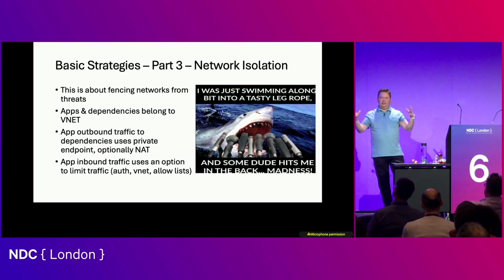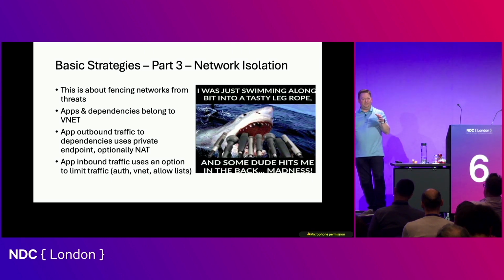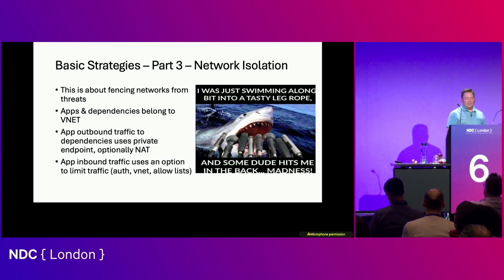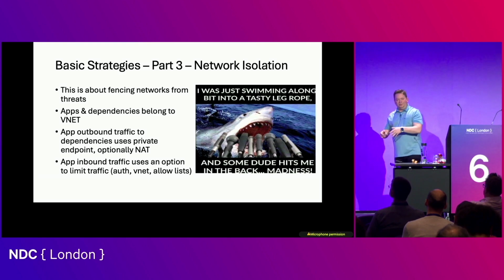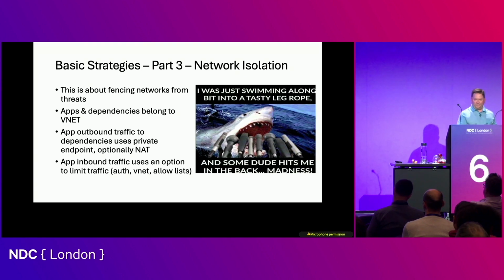And so the VNet is kind of this trusted array of networks you can use, but even within that VNet, you can partition into different subnets, and there's only one way in and only one way out. It's kind of like a NAT, right? Only one way in, one way out. And at that one way in and one way out, we can use auth, we can use allow lists, we can absolutely lock down the network to trusted traffic. And we think about it now like all traffic is untrusted by default until we trust it. That's been a flip in mindset for us, but it's really helping us. So far, so good, kind of making sense? I'm going to show you now.